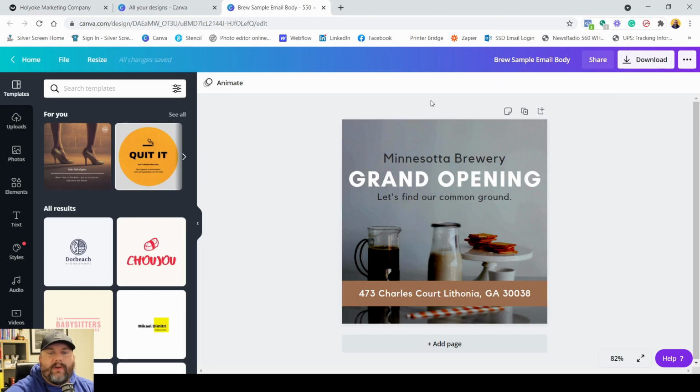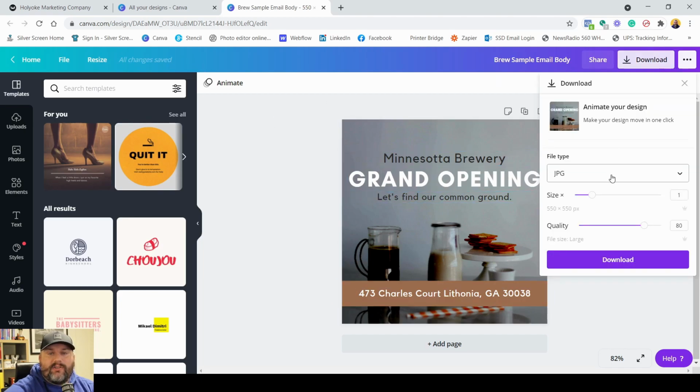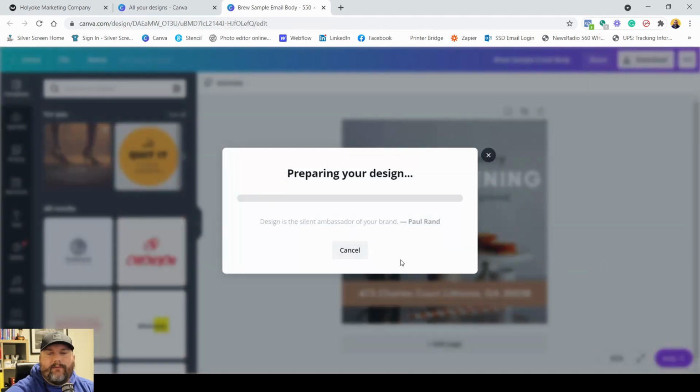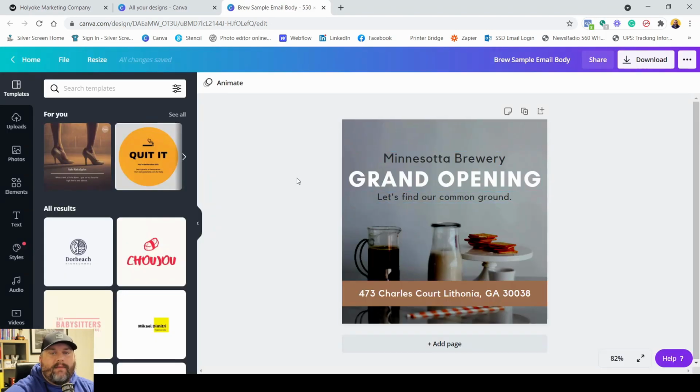So once you've created your template, I usually use a JPEG file because it's a little smaller and easier to load on Sendy itself, so it'll make your emails load faster. And I usually do the quality down to about 50%, which really doesn't take away from the quality of the image at all. All right, so now that I've downloaded my email template image, I'm gonna go back over to Sendy,